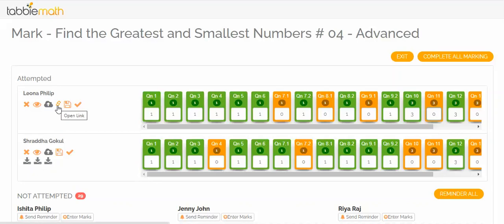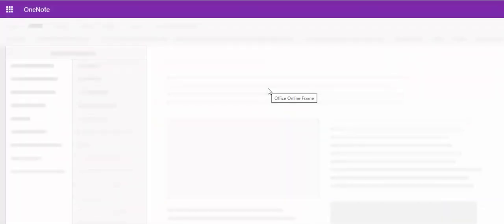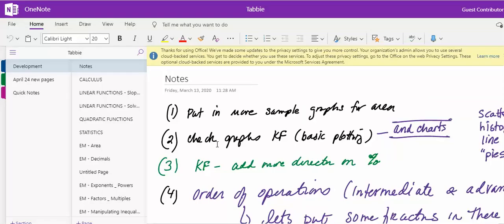Another way that students can share their working is by uploading the link to the file. So suppose you're working with OneNote or Google Drive and you normally save all the working of students in the Google Drive or in OneNote, then all the students need to do is just provide the link to the OneNote or the Google Doc. If they do that, suppose this is a OneNote that is shared by the students, then the teacher can just click on the OneNote and then go into the specific page and then view the working of the students. The teacher can put their comments into the OneNote and save it, which will be visible to the student as well.